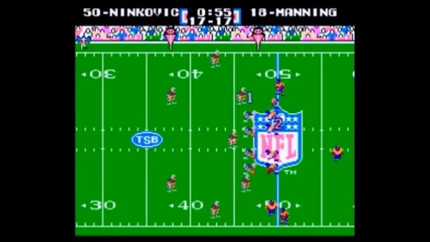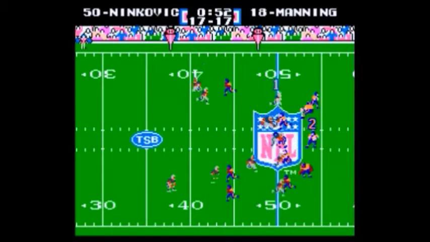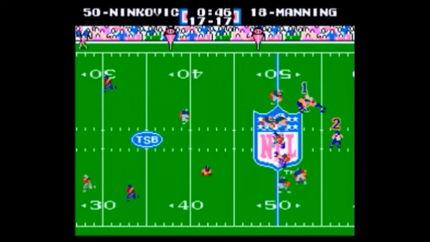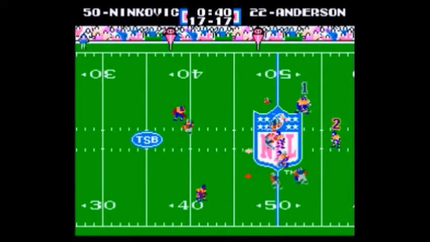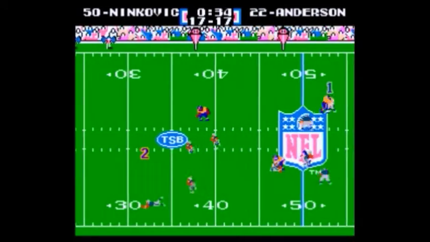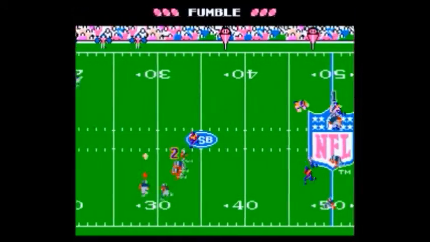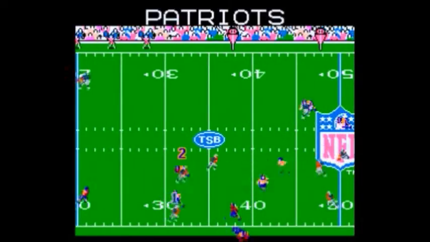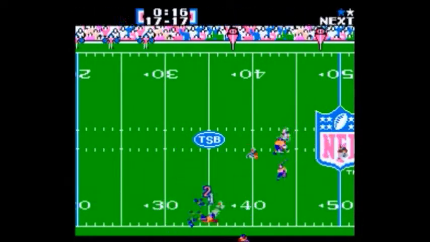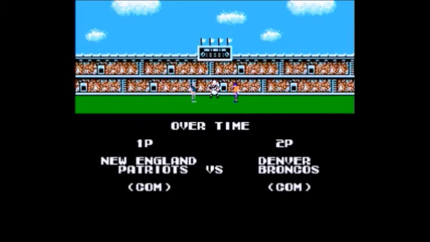Later on in the fourth quarter, a couple of possessions later, Manning and company again. He goes back. He's got plenty of time to throw, all day to throw. He's got receivers open. He does get it to C.J. Anderson down there, and he is just at the edge of field goal range for a game-winning field goal, and he coughs up the ball. Patrick Chung falls on it for the Patriots, and our score would be tied 17-17.